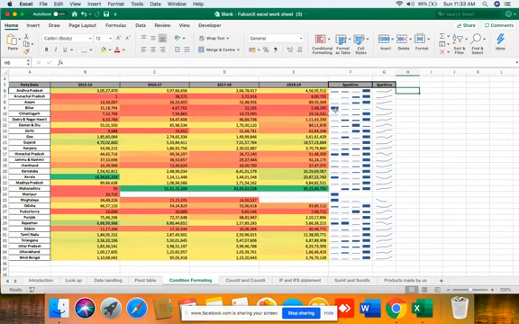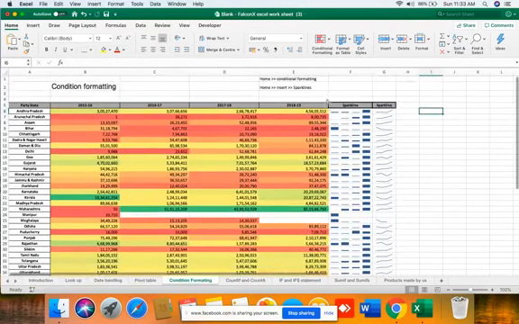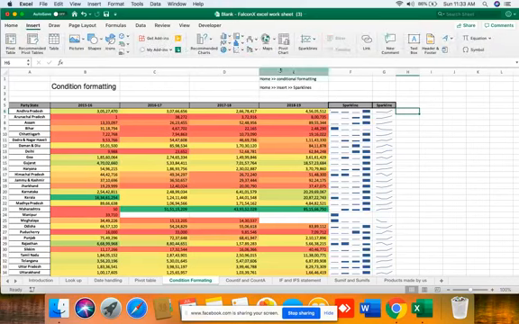Now, if you want to put a sparkline, sparkline is nothing but a graphical presentation of the data in a given line. If you want a bar line like this, you can do it, or if you want a chart like this, you can do it. Sparkline options are under the insert tab.